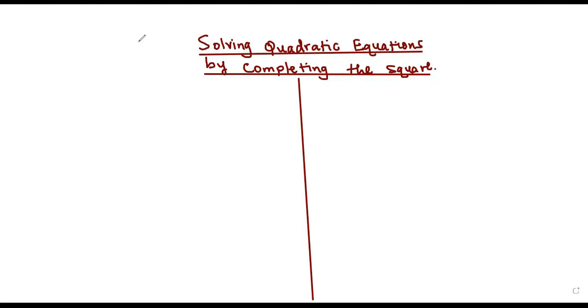Okay, so to understand how to solve quadratic equations by completing the square, we need to note that for some quadratic equations, we cannot solve them by factorization. For instance, if we have an equation like x squared plus 6x minus 5 equals 0. Remember, to solve this by factorization,